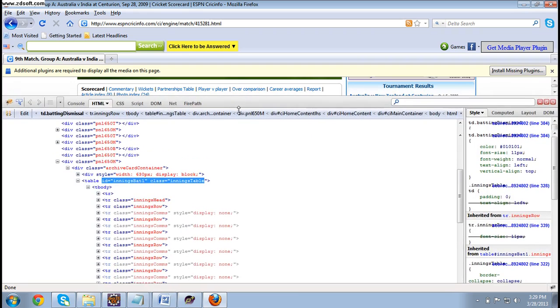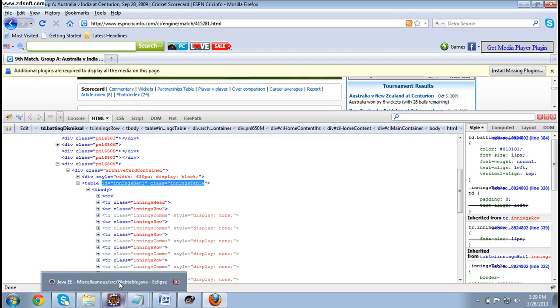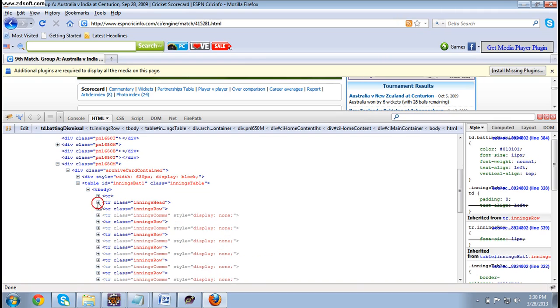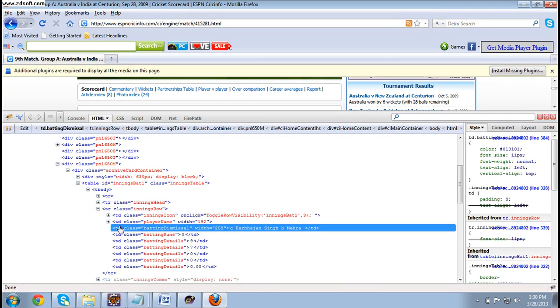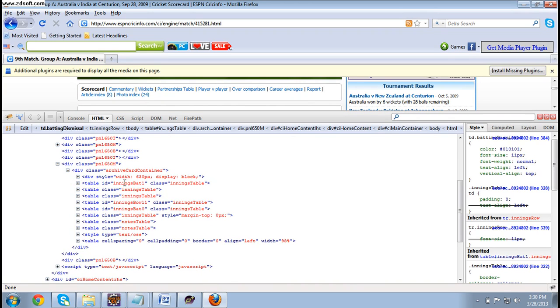And if you come down, your first step is to try to identify the table id. Once you identify that and open it, there will be a lot of trs. That means these many rows are there. If you open the first row, you can see tds. These are the columns present in this tr row. In this innings head row, these are the columns. If you open the second row, these are the columns present in the second row, which I have written with the td tag. Okay, all these rows and columns are present in this table id tag. That means everything lies in this table. So what I am doing is, now